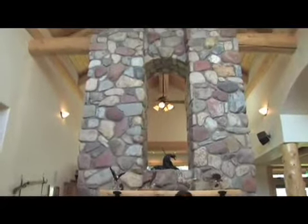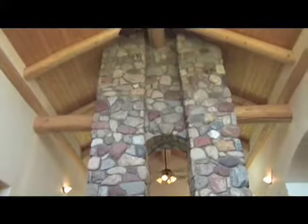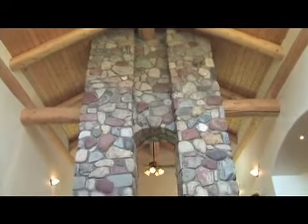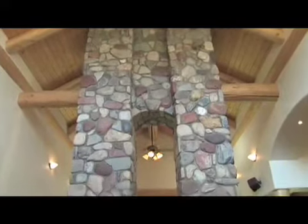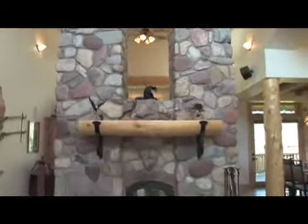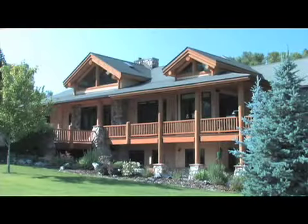And you can come in at 7 in the morning and put your hand on this stone right here and just about burn yourself. It's that warm. So this core of this fireplace is meant to emanate heat throughout the night as it takes it from the fire that you've built. It's about a 25-foot ceiling here, and as you can see, it's quite a structure. And we are going to walk into the main living area,